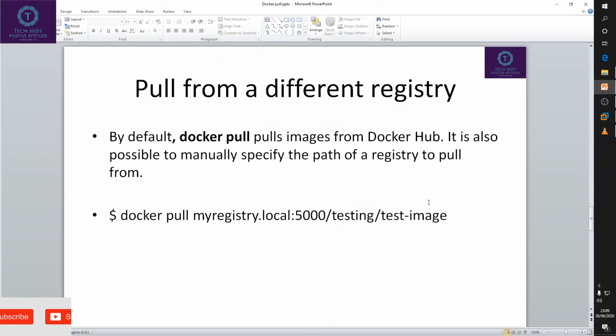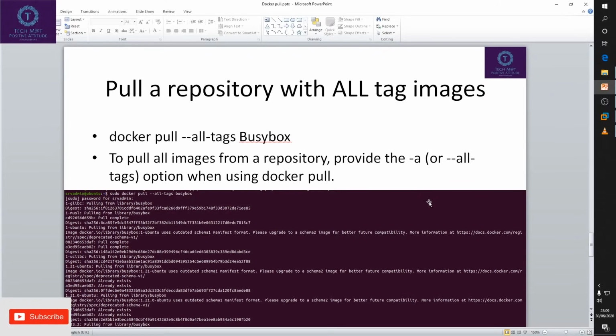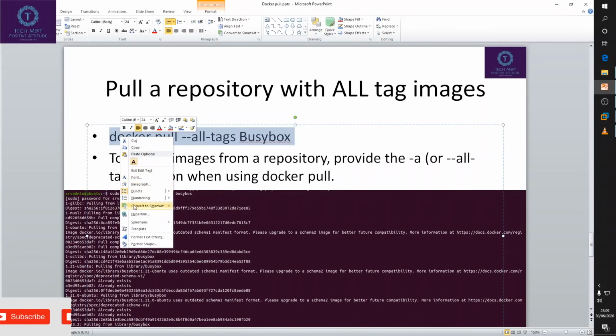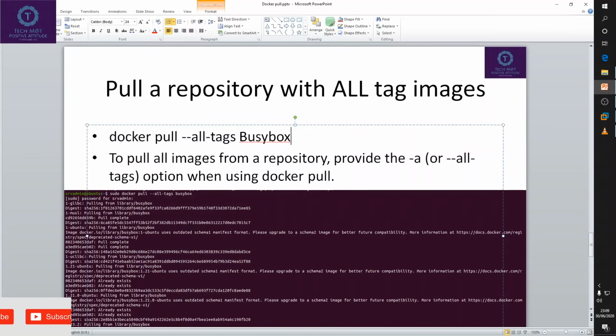I have not created my own registry, so I can't show you that. Next, if you want to download all tags, you can run this command: docker pull --all-tags and the image name that you want.